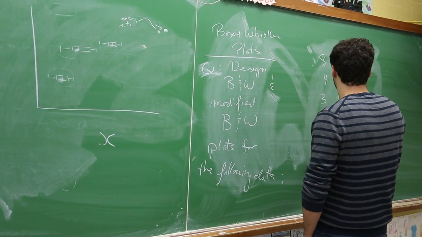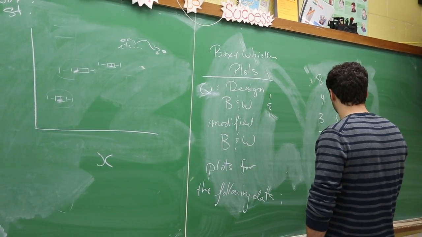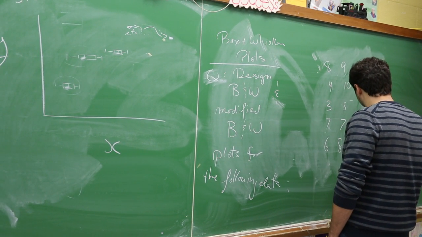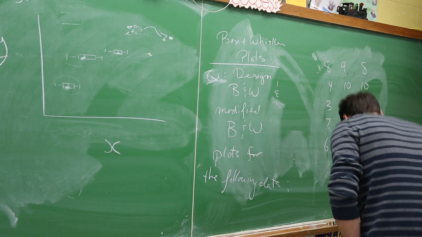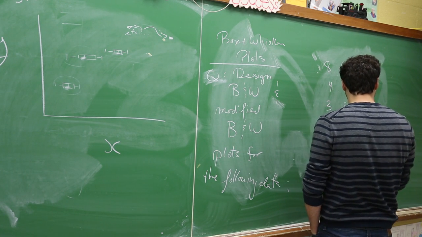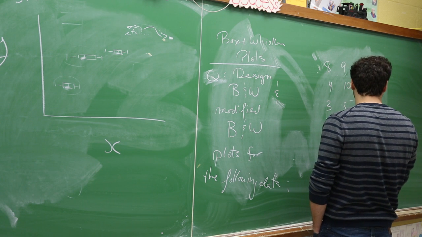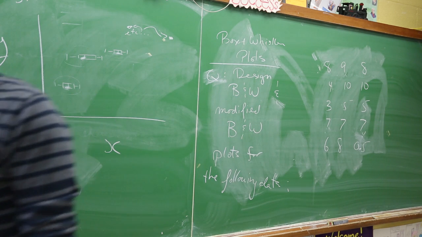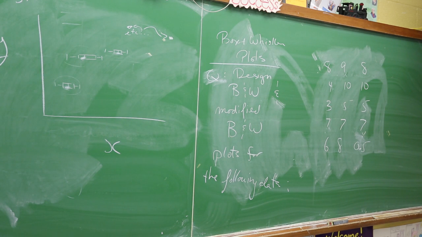So 7, 7, 7. Maybe there was another 8, 6. Just out of 10. You want a 0 in there? What about the extra one? You want a 0? 11. We'll give it a 0.5. Just for writing their name. What? Somebody, they wrote their name, we gave them half a mark. Okay, so